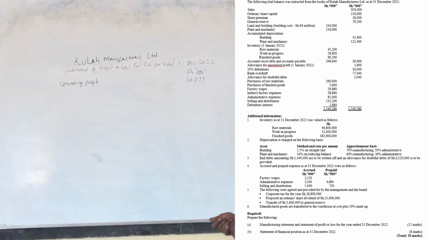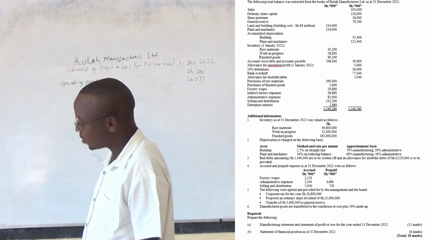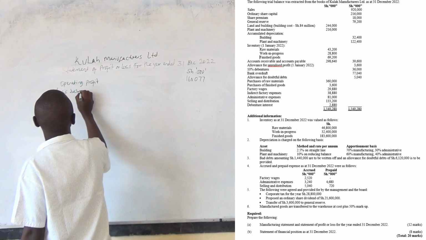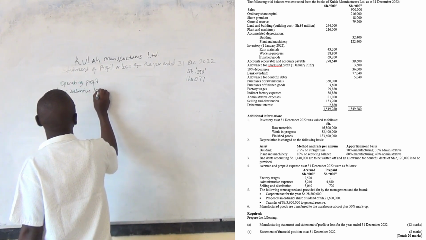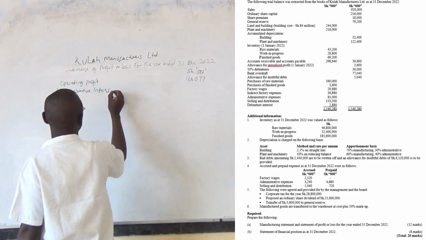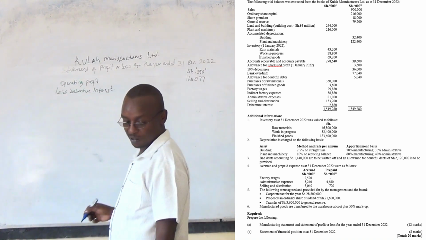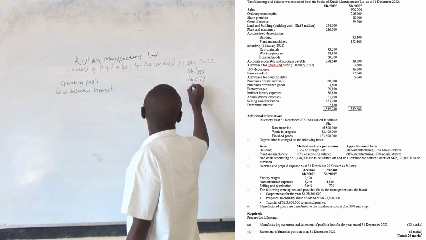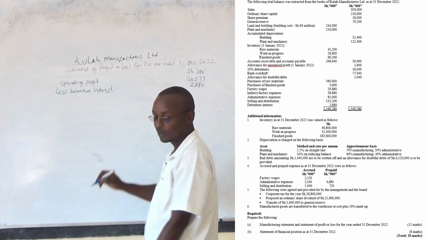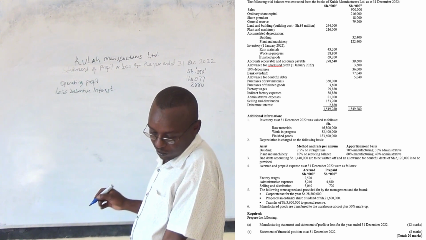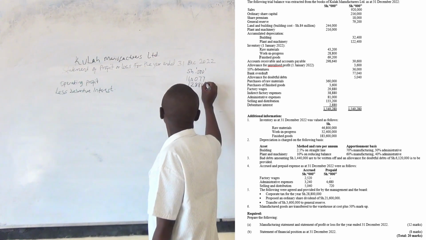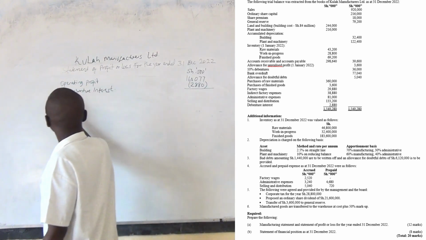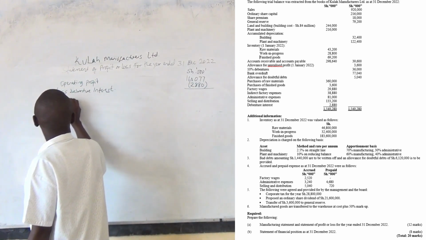After you get your operating profits, then you less the venture interest. These are secured creditors. The venture interest, how much? 2880. When you get the venture interest, you get what? The figure that you get here, we call it profit before tax,